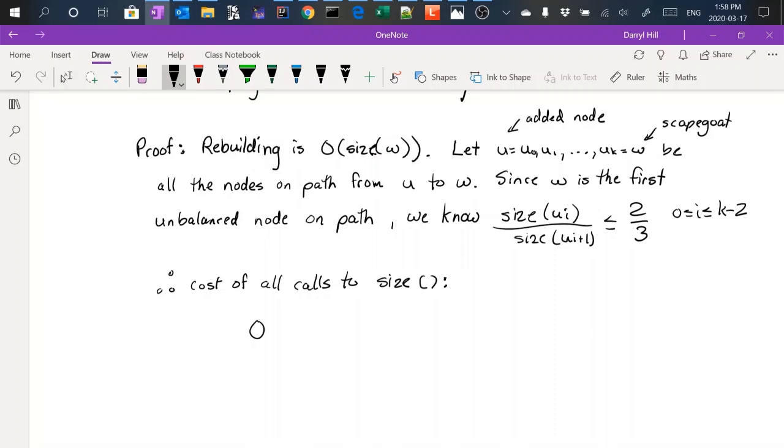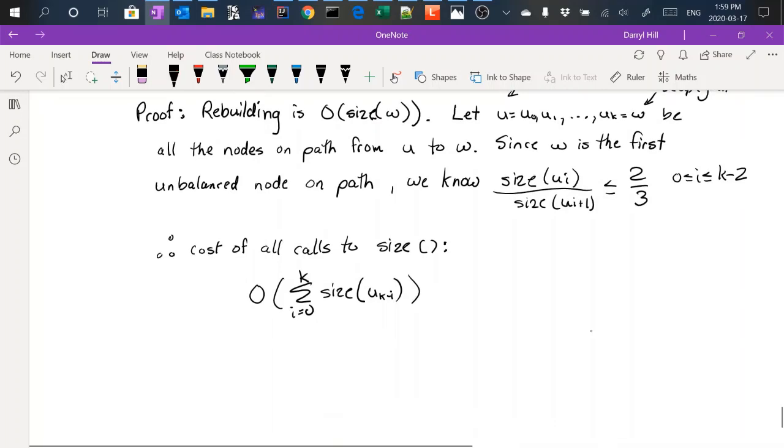So it's big O of the sum for I equals 0 to K of the size of U of K minus I. And we're in a sense counting backwards because we want to start with size W and apply some constant fraction all the way down to U. So that is equal to big O of the size of U of K, which is W,